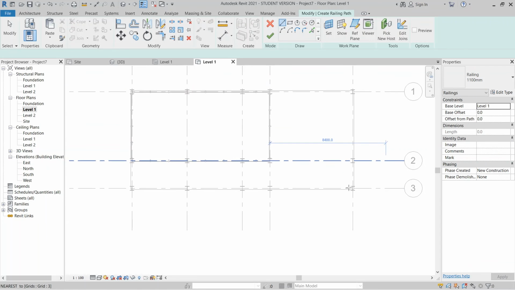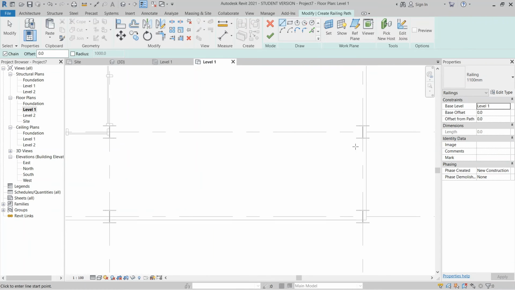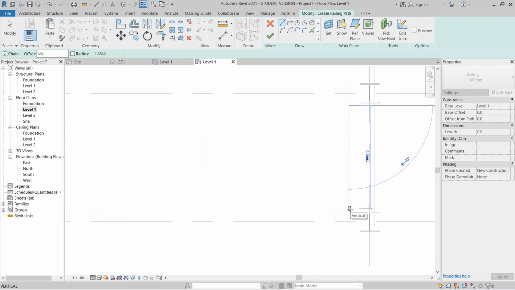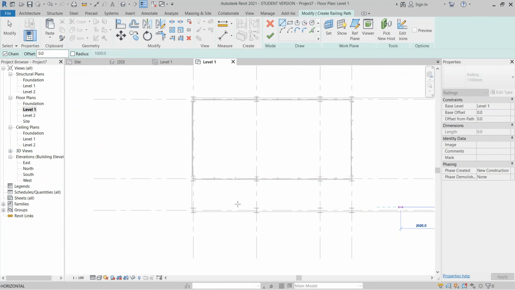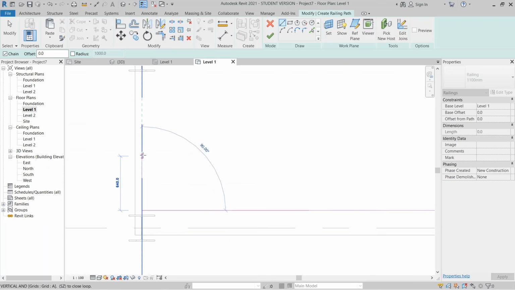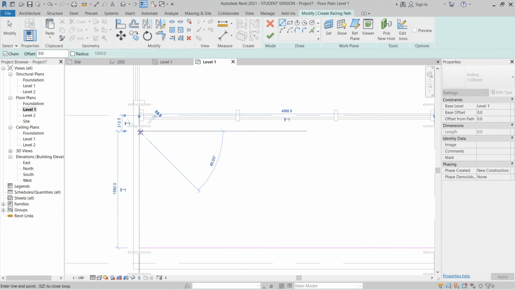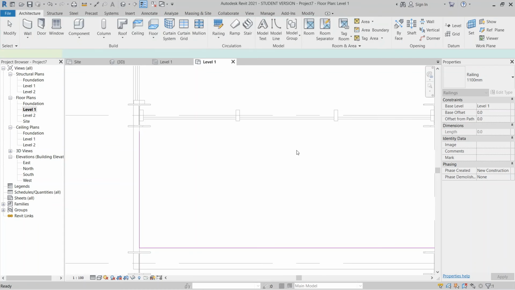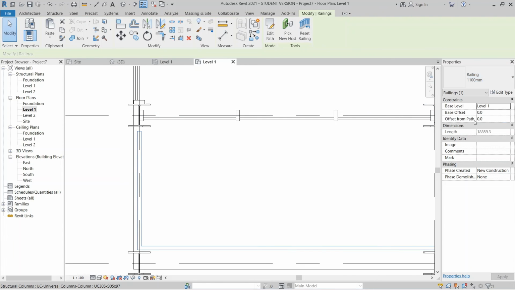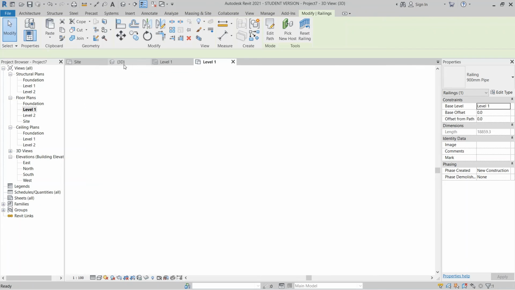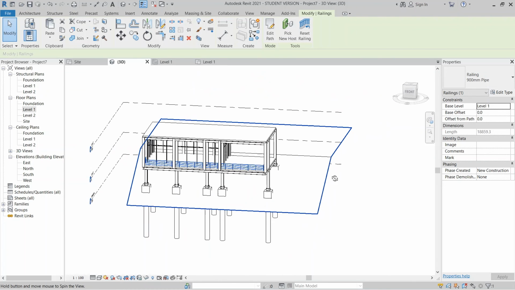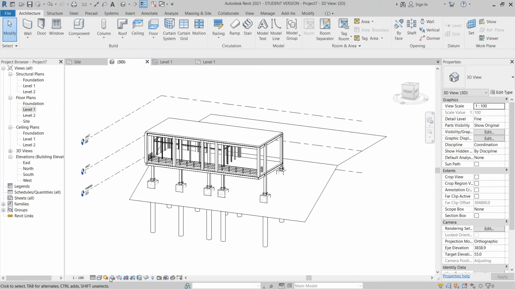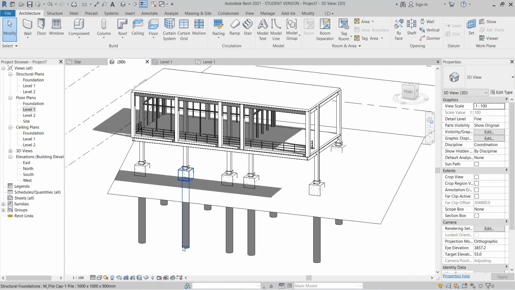and I want to draw something like this. Just add some railing here, follow the, okay, sorry. Yep, something like this one. Hit finish, and change the railing to 900 millimeter high. Go to my 3D here and turn this one on for shadow, and boom, you've done your building for your forest house.